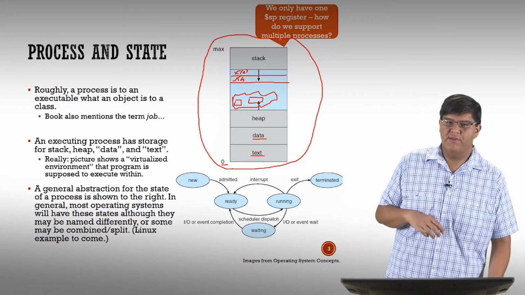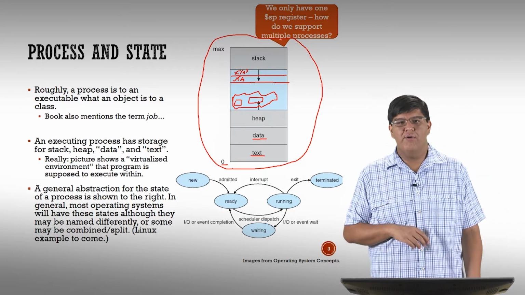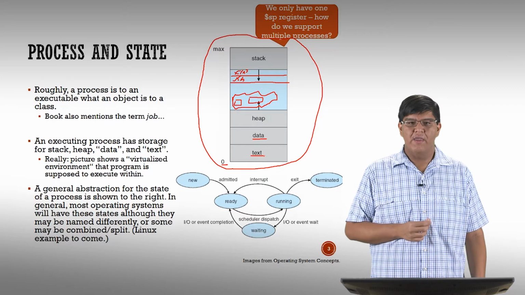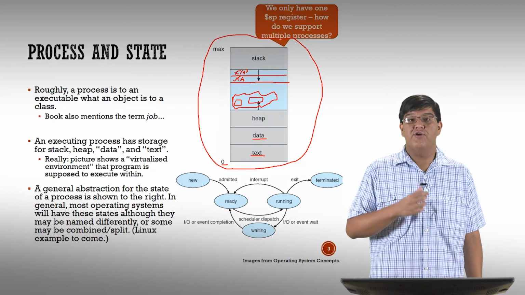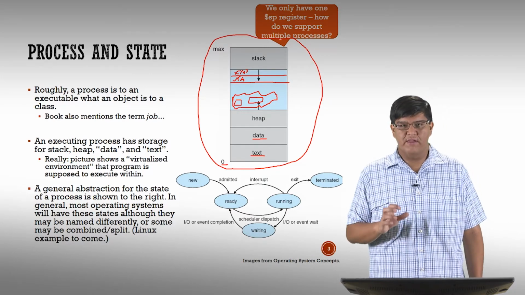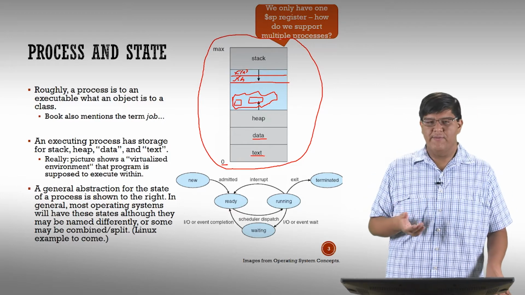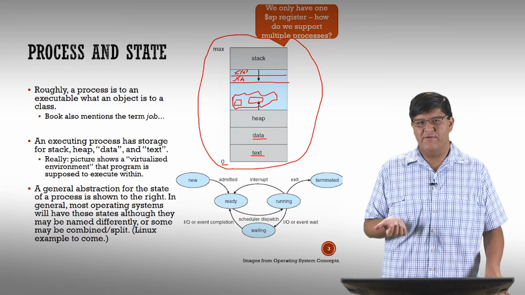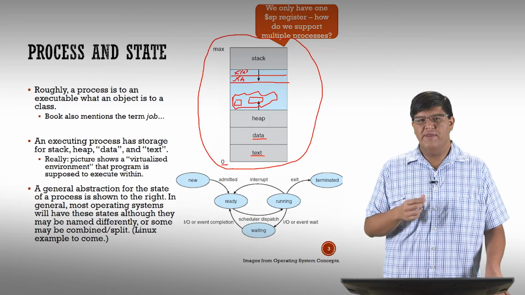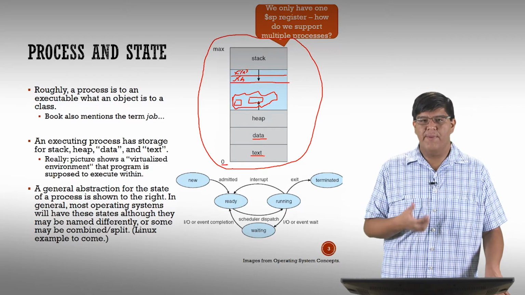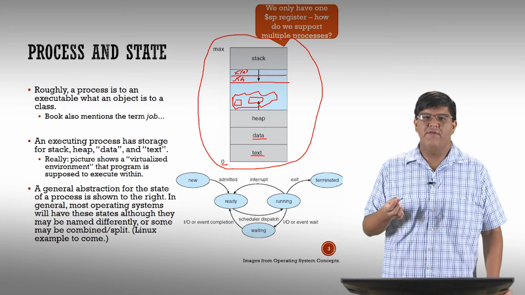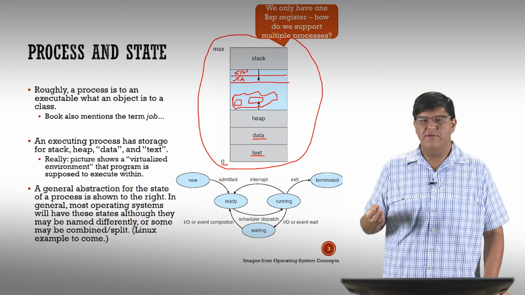Eventually, your program completes. So maybe the user tries to terminate it. Maybe the program just comes to the end and it needs to exit. If that's the case, it'll jump to a terminated state, where maybe the system is still temporarily hanging on to the information. Maybe some of the metadata associated with the process is still needed. Maybe this process has a child that needs the parent to stick around. But it'll sit there for a little while in a terminated state until it's finally flushed out of the